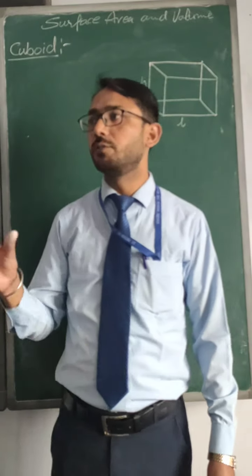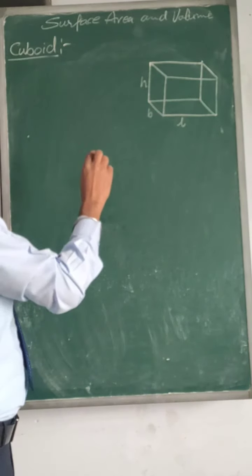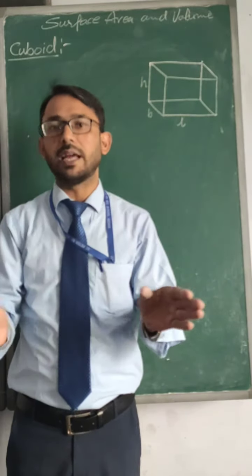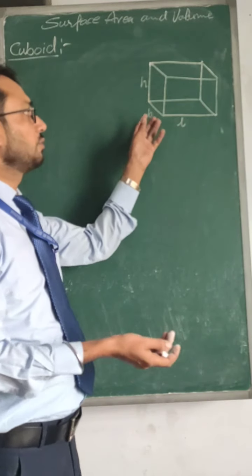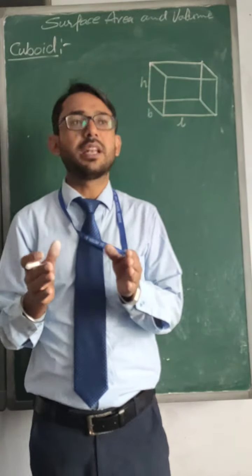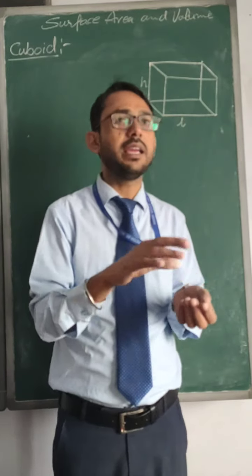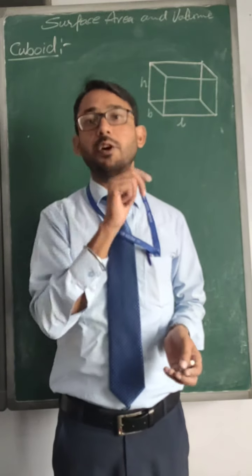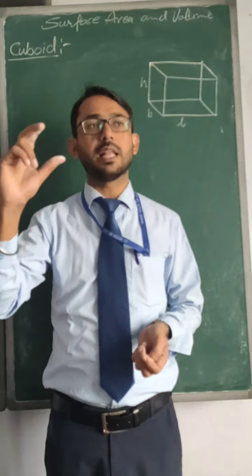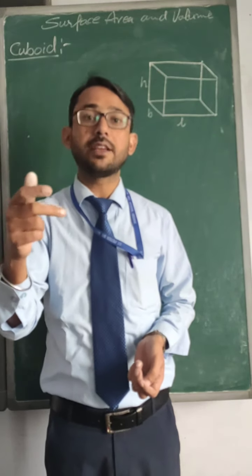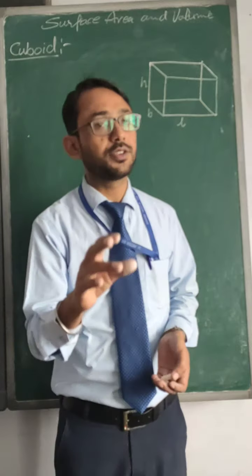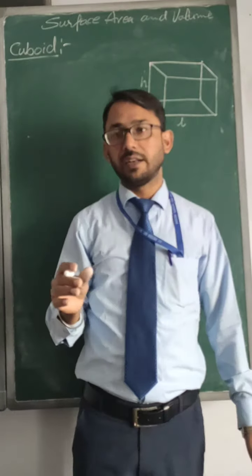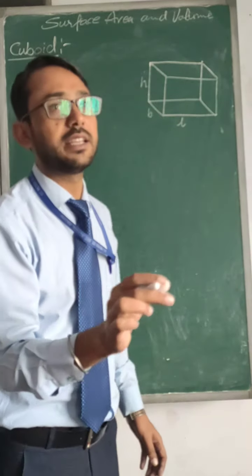This is a cuboid. A cuboid is almost like a cube, like a room, like a box, whatever we used to see in the shape of a box. Whenever we go to the market and buy footwear, shoes, etc., the box we get is like a cuboid. Our thick books like R.D. Sharma seem more like a cuboid, but NCERT is also like a cuboid. In a cuboid, length, width and height are different. At least 2 must be different, then it is a cuboid.